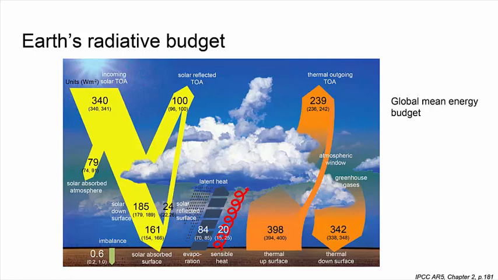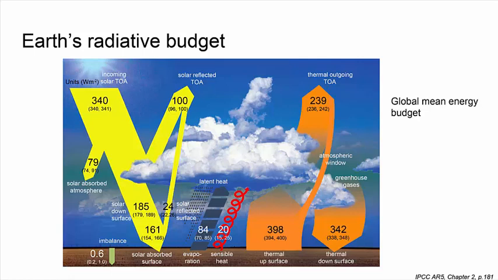This has to do with a contribution coming from clouds. Then there's a contribution from the surface, from ice, snow, and other areas that reflect the incoming radiation back out to space. So out of the 340 total, 100 is lost or reflected back out to space, which means that in the end, only 161 is absorbed by the surface.